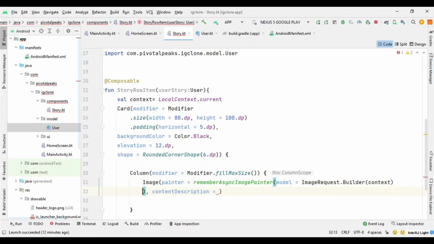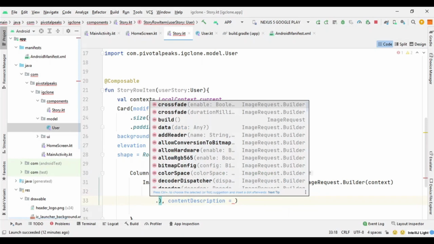Then we can apply the crossfade. So for crossfade, let's go with true,